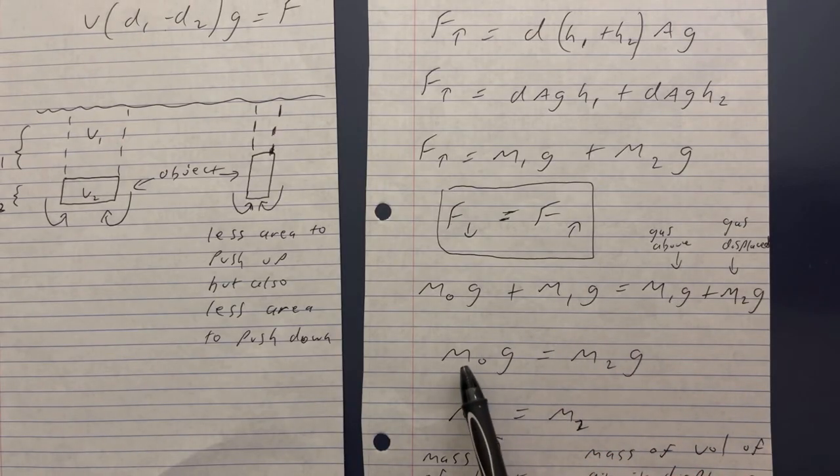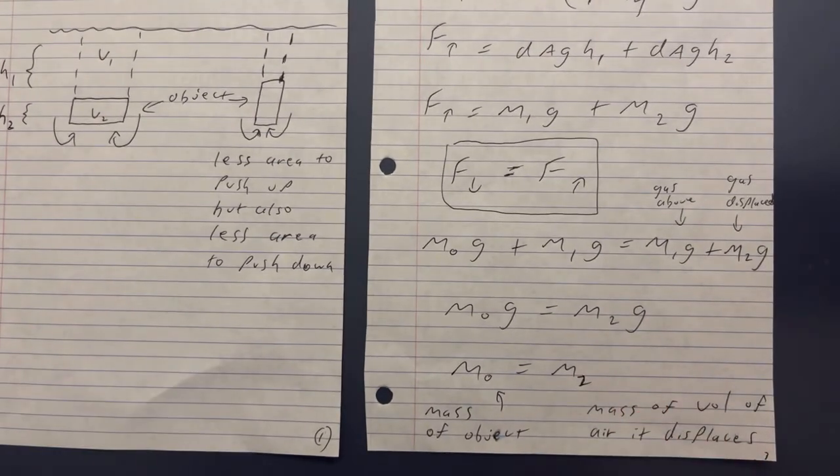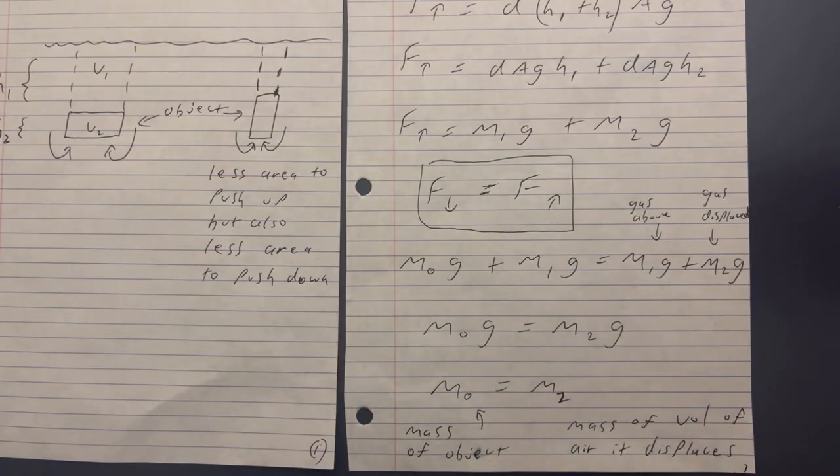We end up with the mass of the object equaling the mass of the air that it displaces, which is Archimedes' principle. And I just said here, M sub O is the mass of the object, M sub 2 is the mass of the volume of air that it displaces. So I guess I should say mass and volume. Notice this right here is Archimedes' principle. The mass of the object will displace the same mass of fluid, and that is what causes the